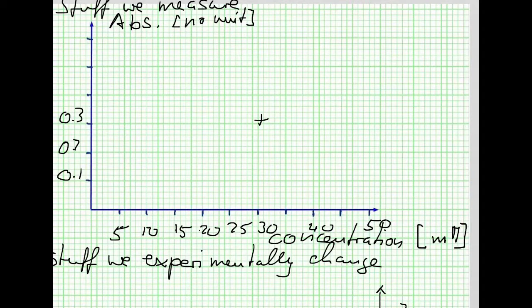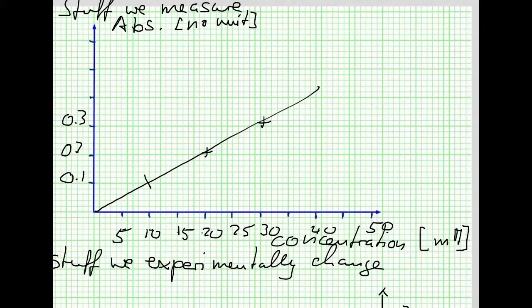We have this point. And that would be your graph. Yeah? Pretty straightforward. You might have a point here. We also have a point here. Wonderful. So, this is my standard graph